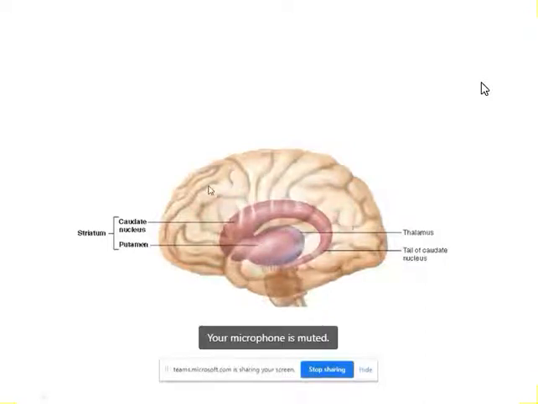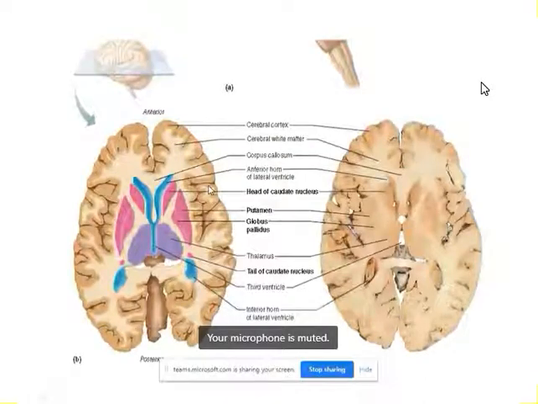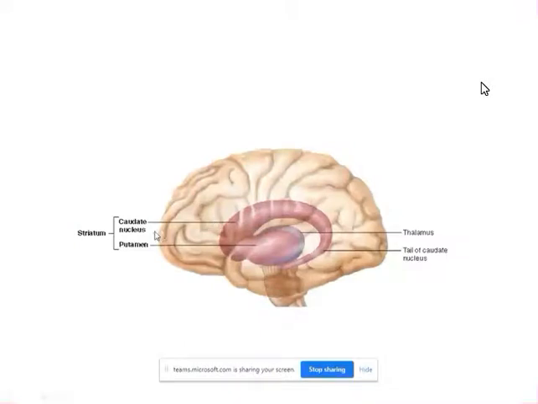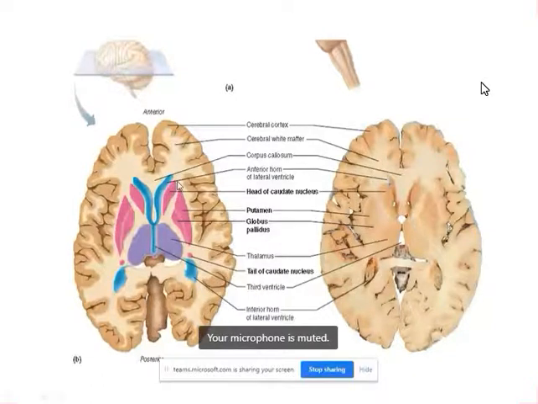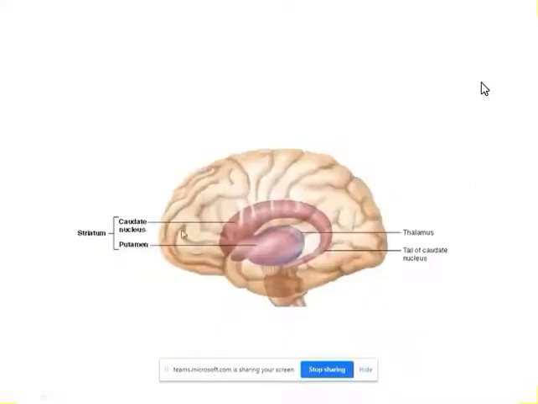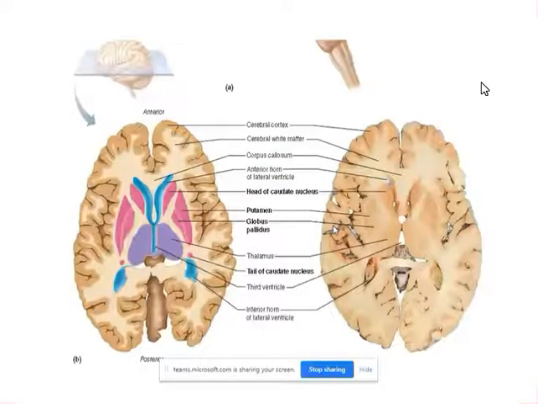So if we take a section, if you cut this portion like this and see, then we could see this type of schematic diagram. If you look here, this is the head of the caudate nucleus. Actually, this looks just like a sheep horn, isn't it? So this portion has been clipped out. Here, this is the tail, and this is the head.